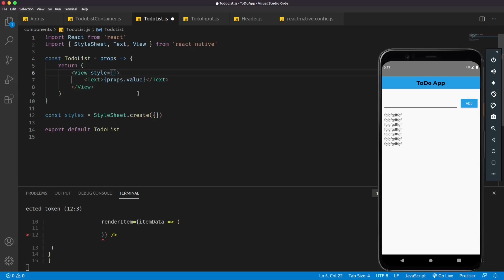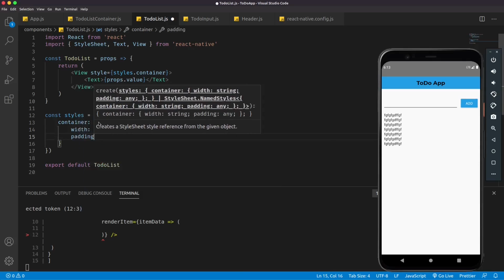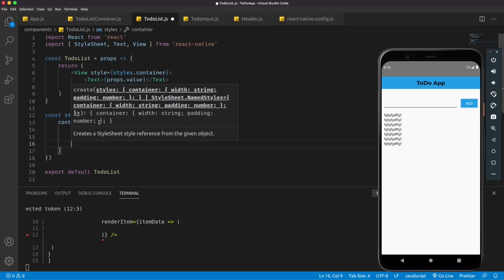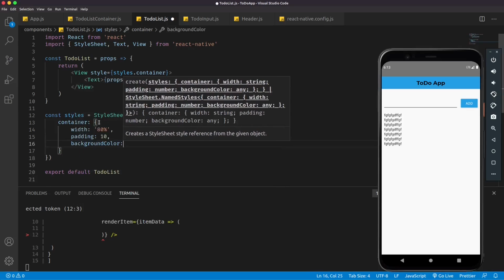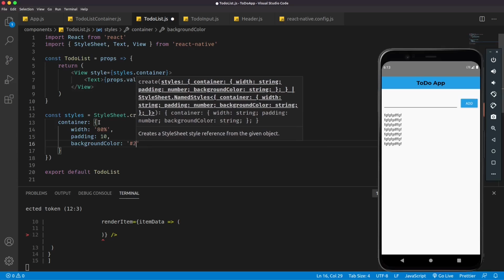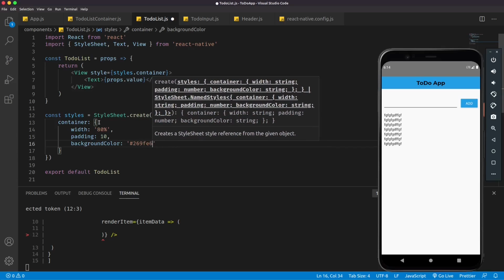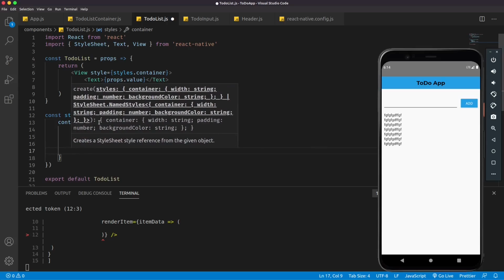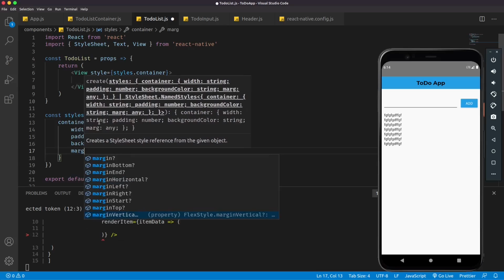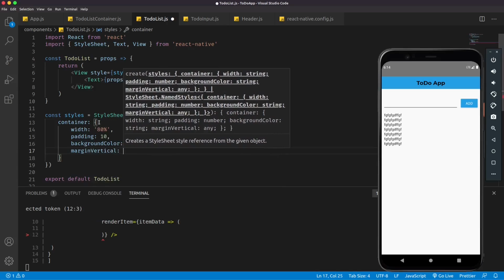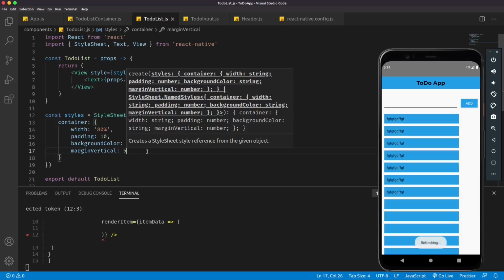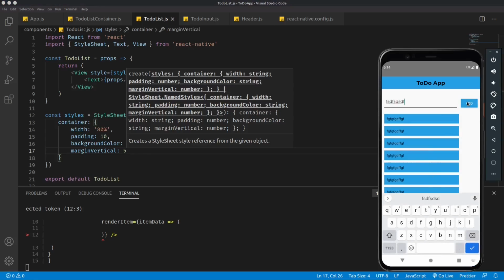Let's add a style, call it styles dot container, and let's give it a width of 80% and give it a padding of 10 and give it a background color of blue, hashtag 269fe6, and after padding I'll give a margin vertical, that is on top and bottom, of 5. Let's see how this looks. Looks pretty cool. Let's add some more,